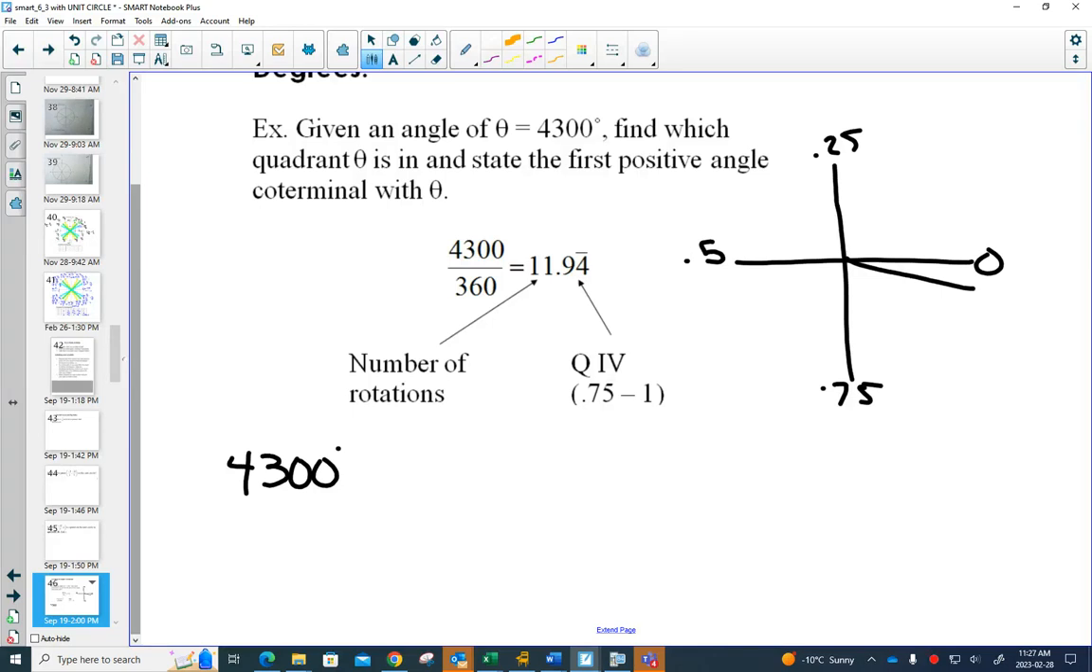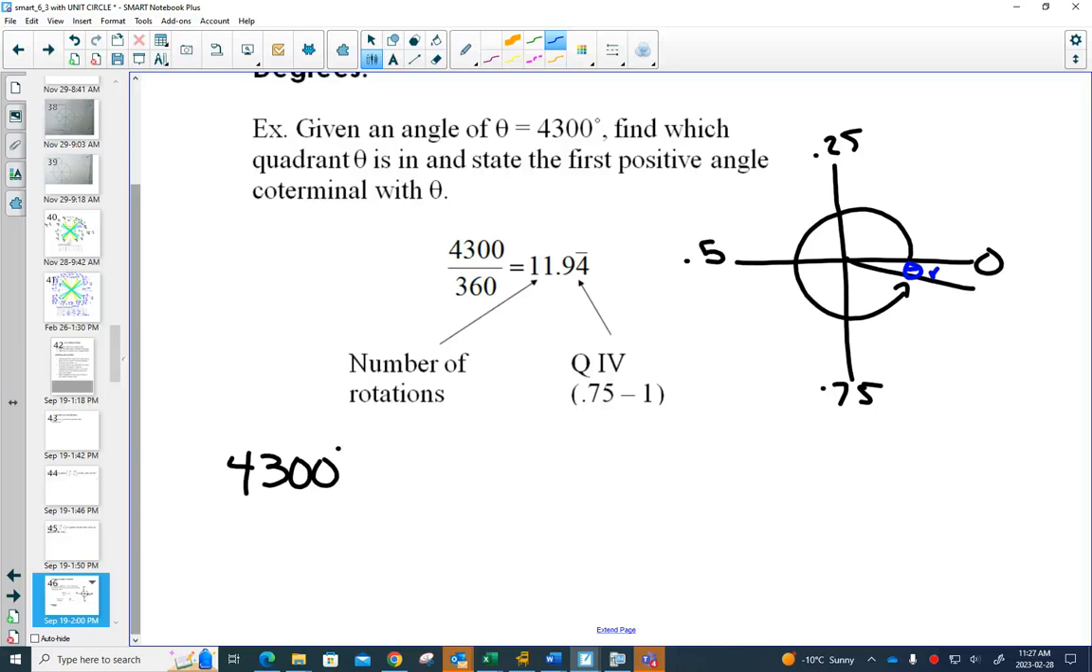So I know that it ends here. I want to find out what this angle is. I don't know that yet. I'm also curious, what's my reference angle right here? If you want to find something coterminal with 4,300 degrees, you can just keep subtracting 360 degrees until you